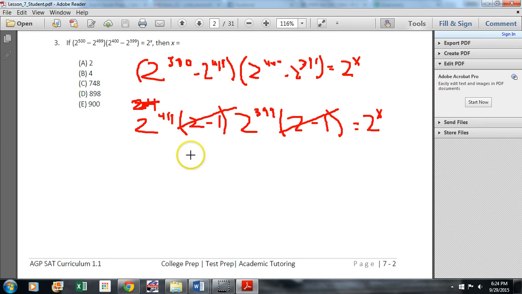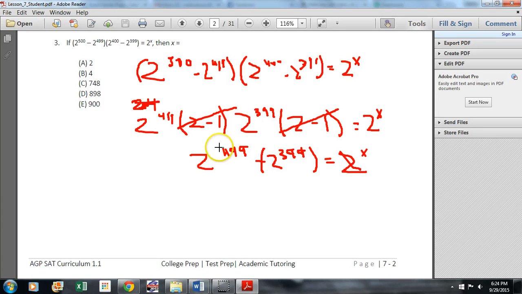So now we're left with 2 to the 499, make that a little bit clearer, not minus, times 2 to the 399. These are horrible nines by me. Okay, equals 2 to the x power. So again, we're trying to factor these out. And what base can we now factor out at this moment? Well, we have 2's that we can factor out. And as I mentioned, when we're multiplying these exponents, we can add them together. All right. So we've factored out our 2's. Now we're left with